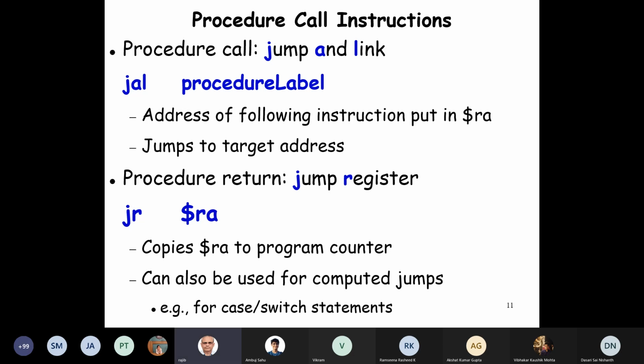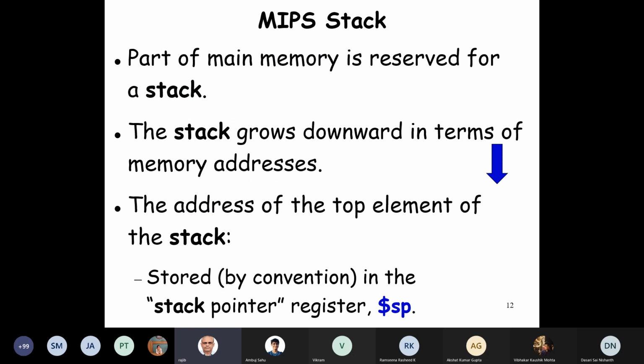And also, if we write switch statements, we'll use something like this. But in our simple discussion here, we will not use switch statements. Case switch statements we will not use. We'll have simple if-then-else. How to use the register for switches, etc., we will not discuss. Now let's look at the stack where the values are saved.